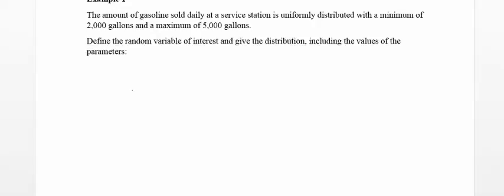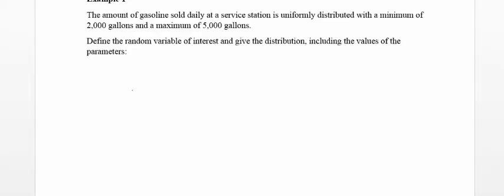In Chapter 5, we introduced the binomial distribution. It was a discrete distribution and it had a special name because we see it come up often. In Chapter 6, we talk about continuous distributions, and we introduced some specially named continuous distributions. The first one is the uniform distribution. It's pretty simple to work with, and I'm going to show you how to do the calculations quickly with this